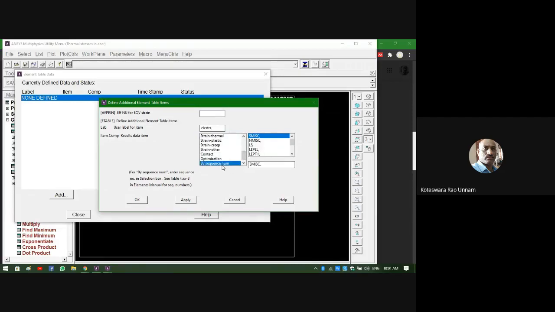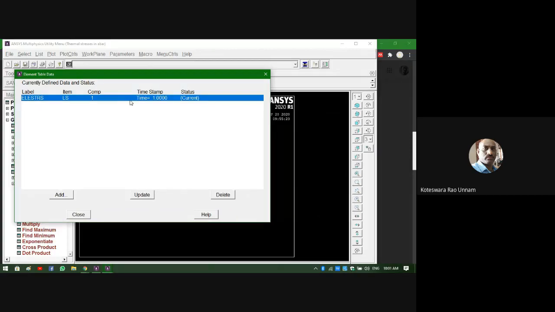Then you need to use sequence number, then LS, then 1. This is what we did in experiment 1. Once it is added and the status is current, you can get the results. Or if the status is previous, simply click on update. It will turn to current, then you will get the results.